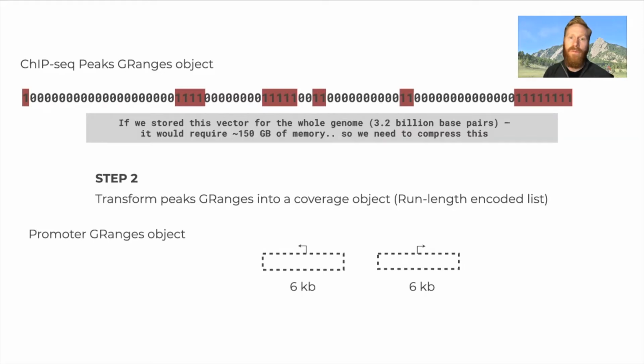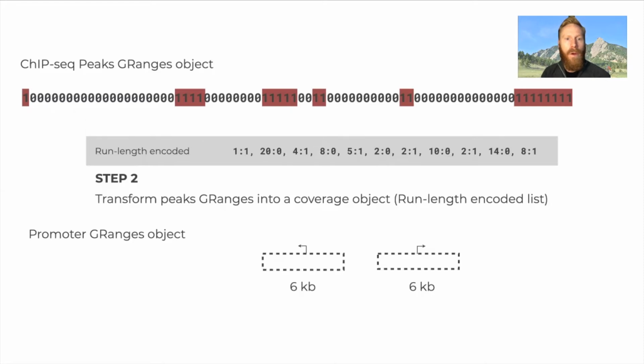So if we stored this vector for the whole genome, which is 3.2 billion base pairs for the human genome, it would require about 150 gigabytes of memory. So we need to compress this somehow. And you'll notice that there are long runs of zeros followed by runs of ones. So what we can do is store just every time a 1 changes to a 0, we can store that